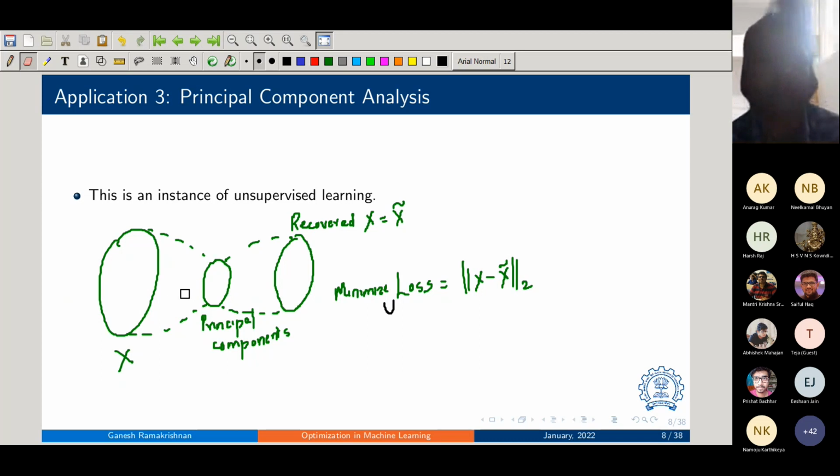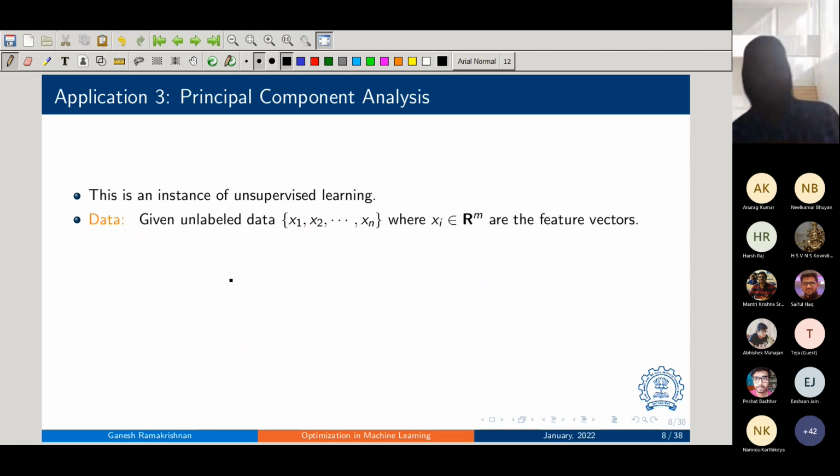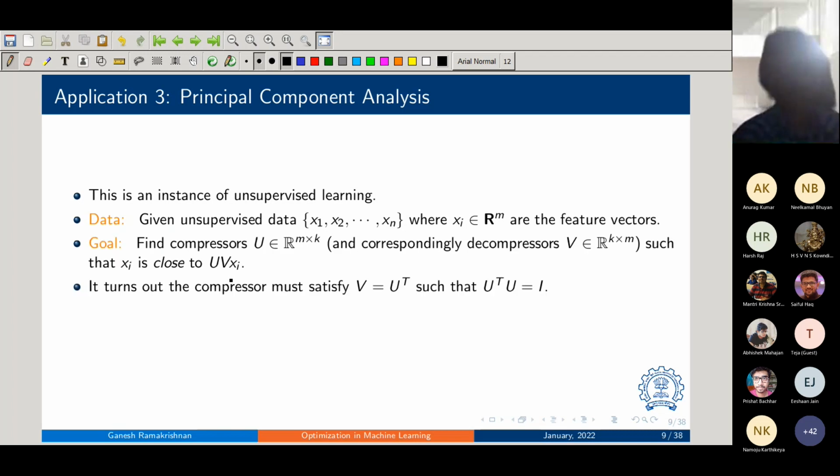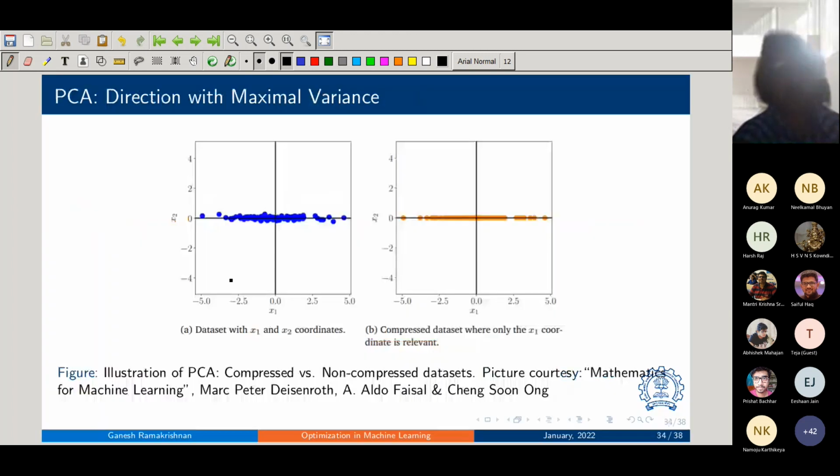In fact, I'll put the u right here in the bottleneck. So this is a basic idea. So let's see how this can be elaborated upon. Given unlabeled data, xi are the feature vectors. So think of representing images, and in the extra slides at the end I've given an example of faces, right? Lots of face images, and let's say I'm trying to compress the face images. In fact, let me just run through this very intuitive example here.